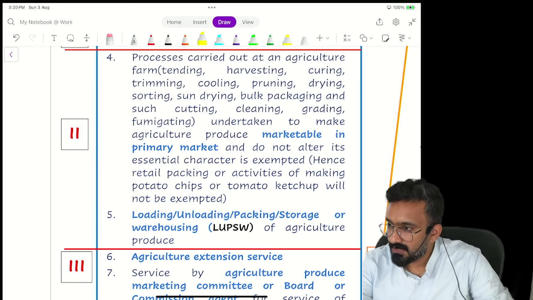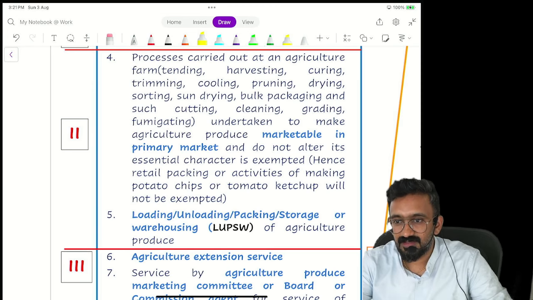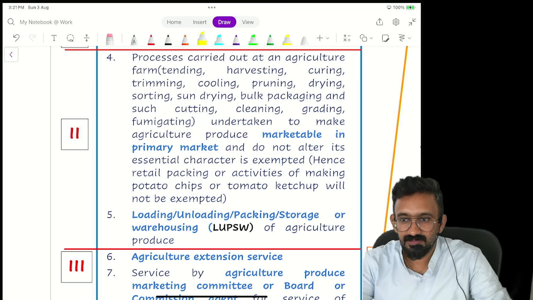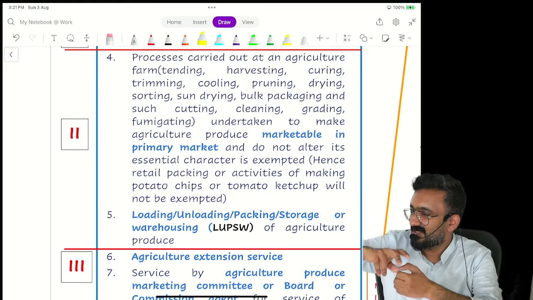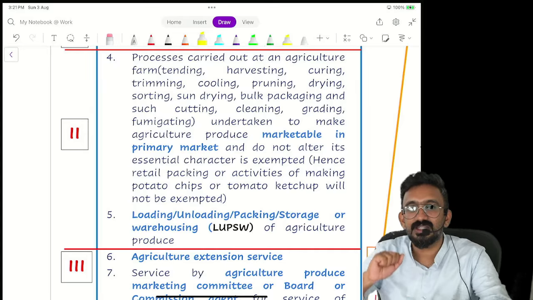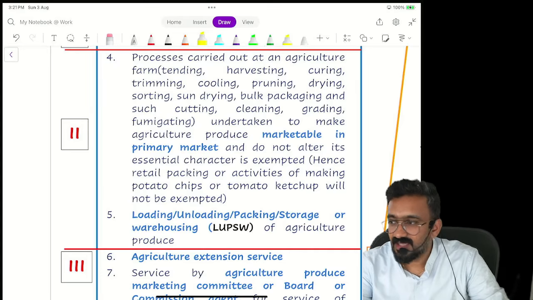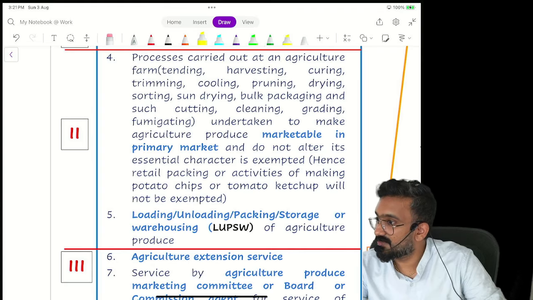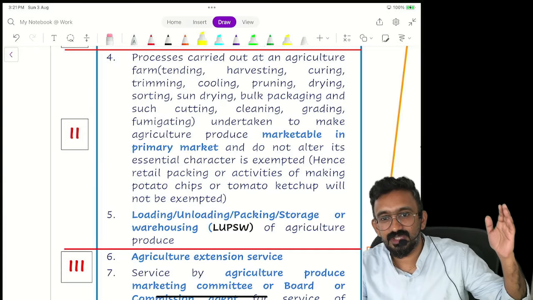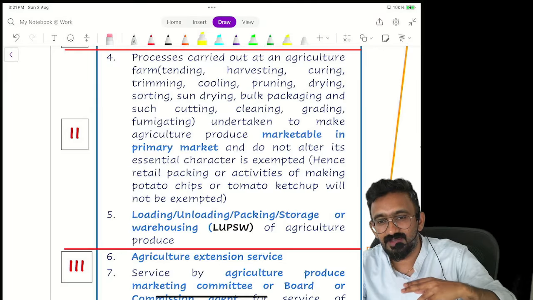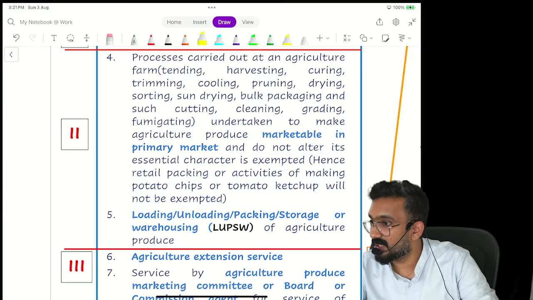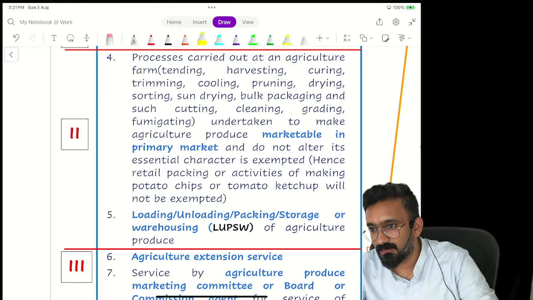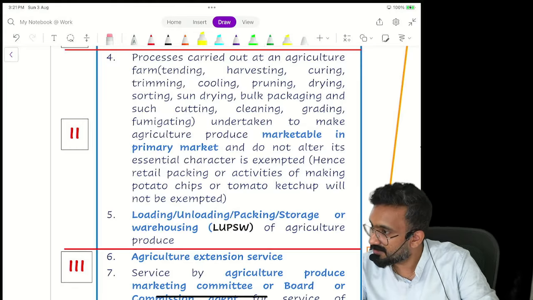Might not be. From Ooty, carrot is coming. What do they have to do in the carrot farm? Pluck out the carrot, which comes with a leaf, trim it, clean it. Where is it done? In the farm only. The farm has outsourced this to someone. They're saying that for 10,000 kg of carrot, if you do this activity, we'll charge you 10,000 rupees. Would that activity be taxable or exempt? Exempt, because it is making marketable carrot in the primary market, where carrot is sold as carrot only.